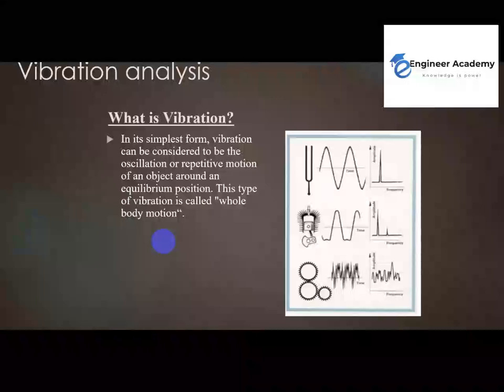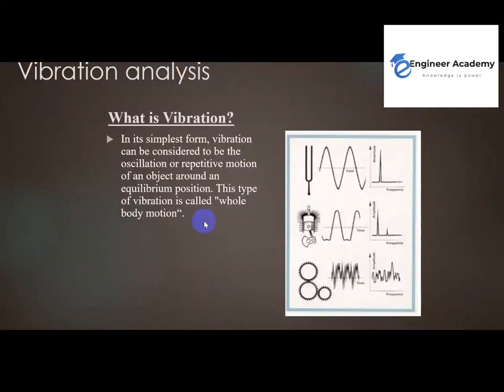What is the meaning of vibration? Vibration is a repeated movement or action that happens due to an external force. Especially if we talk about machines like this, if you measure vibration on this engine while it's not working, it will not make any vibration. But once it starts working, it generates vibration.